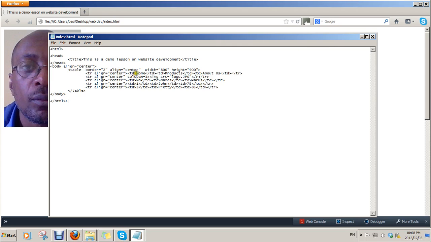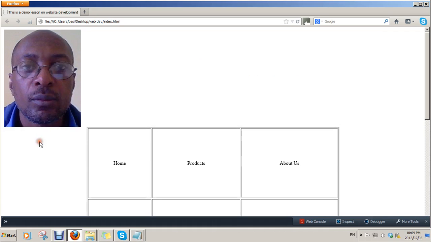Right, how to do a hyperlink. A href equals index.html. This is the file that will open when we click home. And then we close, and this side we close the tag. Right, save, F5, there we go. So we have created a link, we have linked to a source, we've created a table,